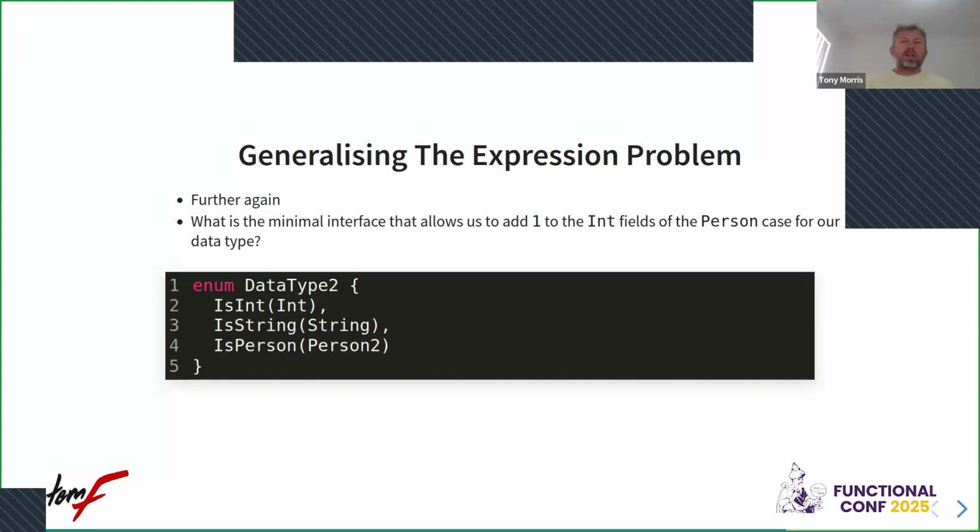Now, a person has fields. So what we have now is a data type defined by cases, and one of those cases is a data type defined by fields. And we might want to write the function which, given a data type 2,